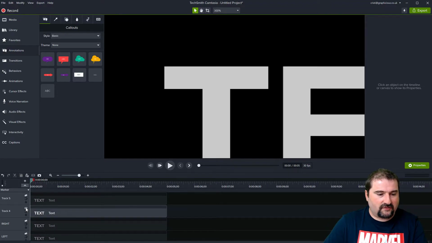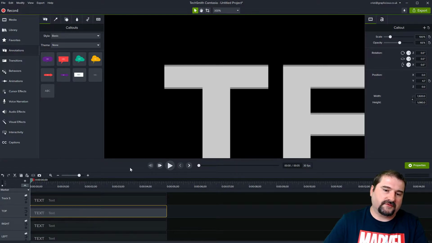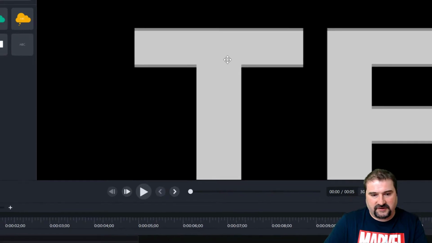Hide this one for now, unhide the next one, and double click and call this one top. So, okay, select it, Shift key up, 1, 2, 3. We have, you know, moved it up a bit. If you zoom in some more, you can actually see what I'm doing here. So the main text still stays there, but the other texts are being offset.